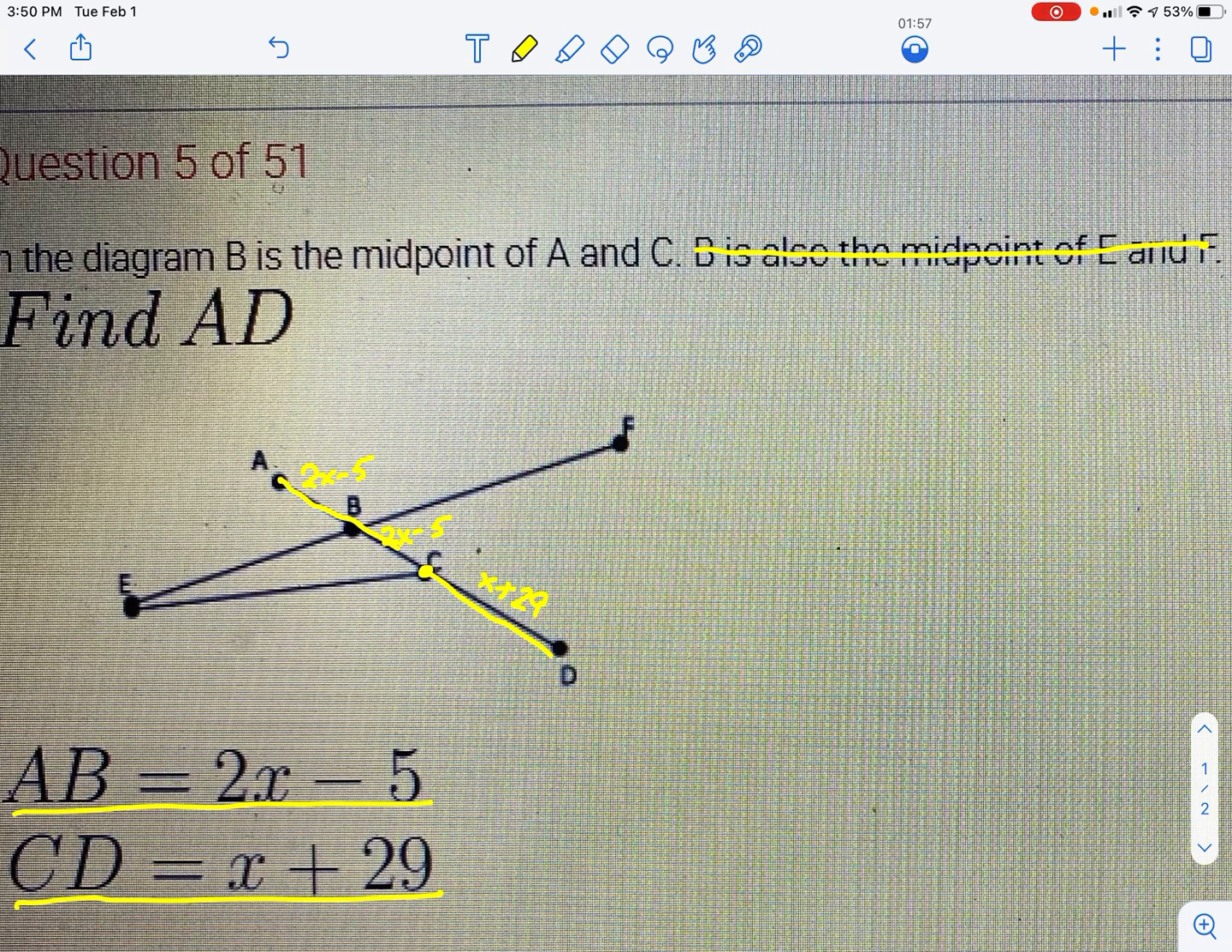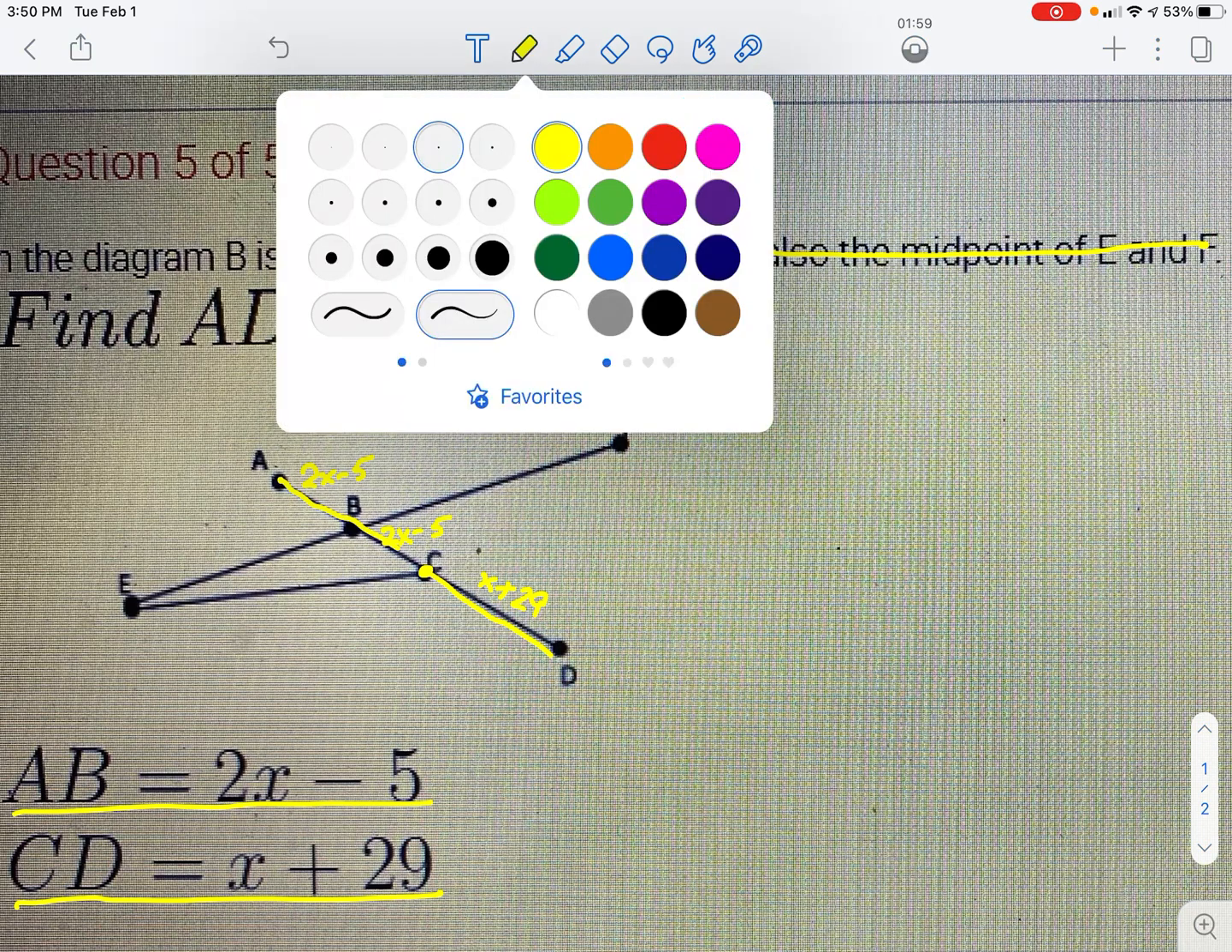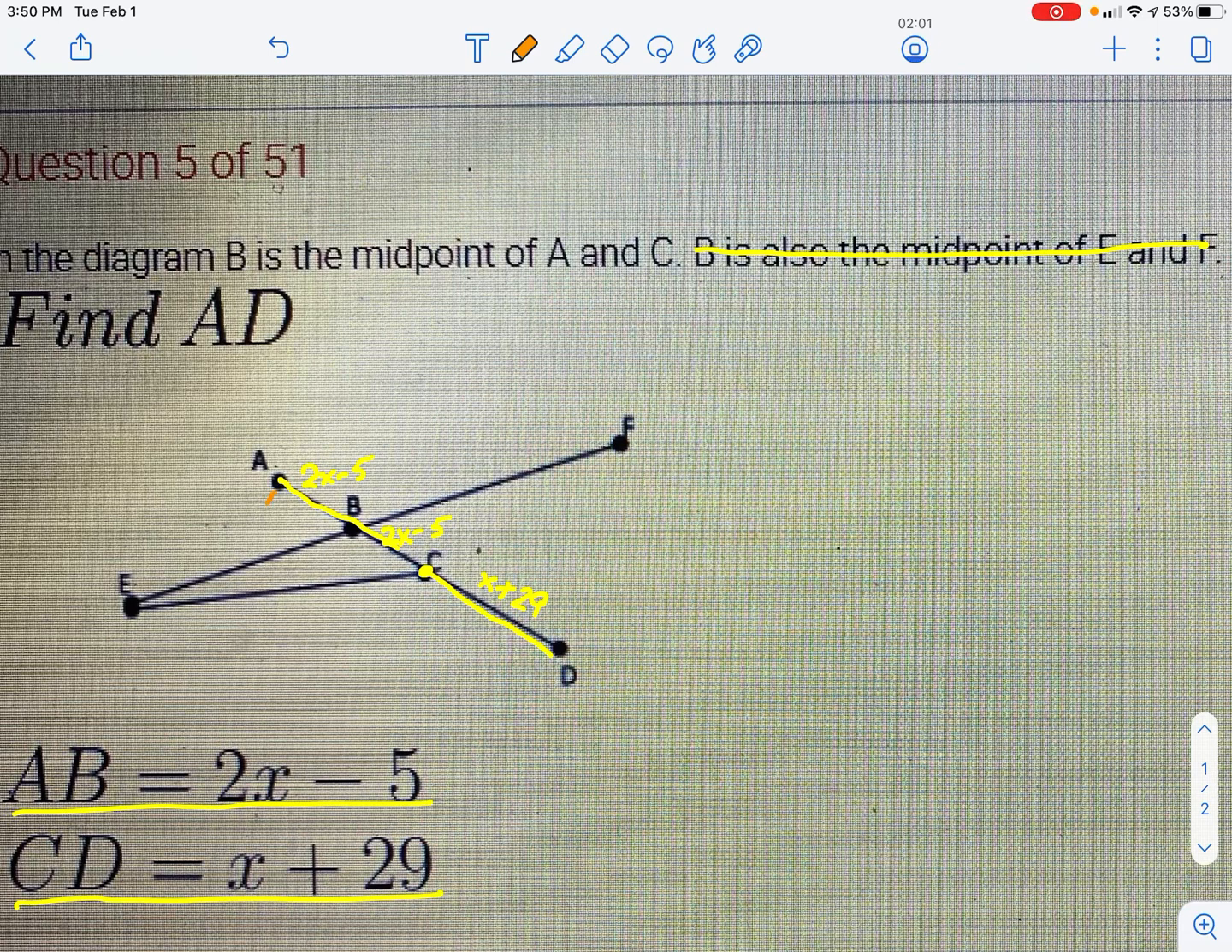Okay, so that tells me then that this line segment, let me change my colors here for a second. This line segment, AC and CD are the same. So look at that. What that means is if CD is x plus 29, then this right here is also x plus 29. Now you might wonder why we need to know to mark all that stuff up. Well, you're going to see how we can use this. We want to try to,